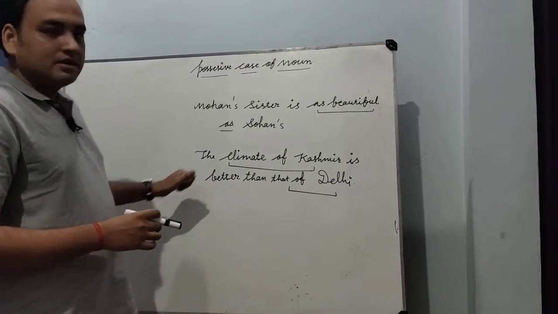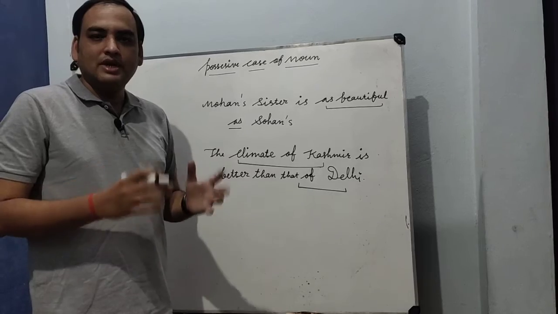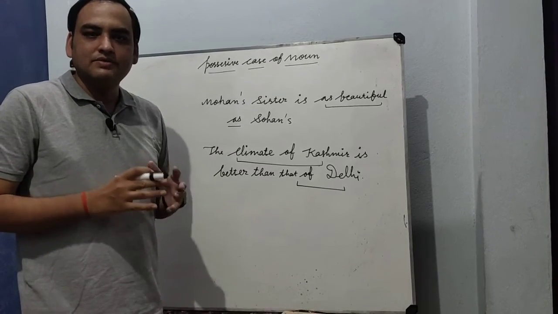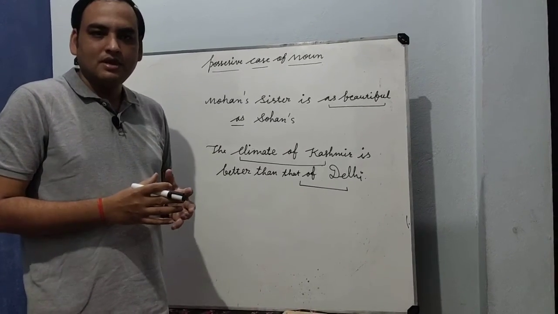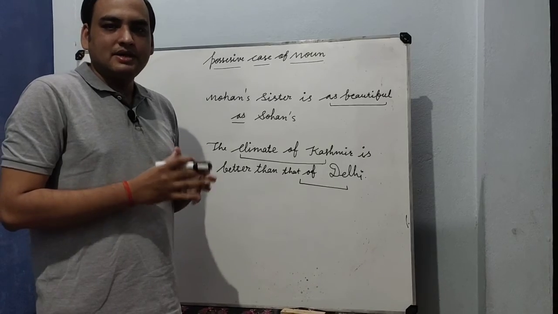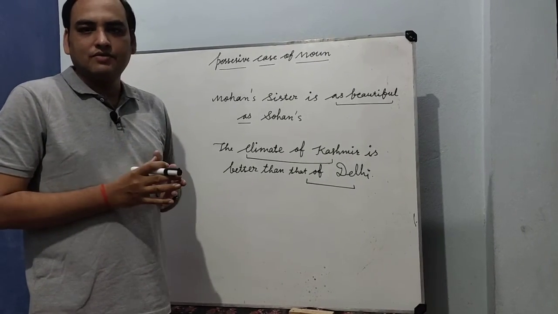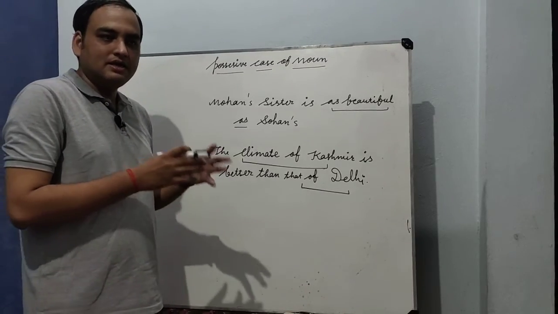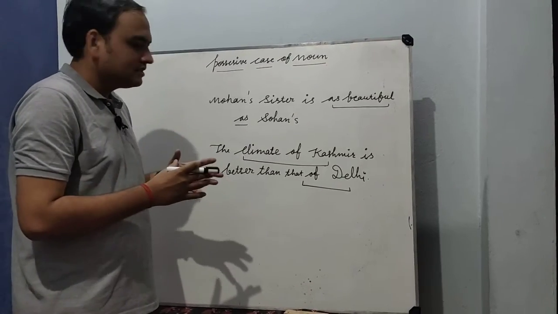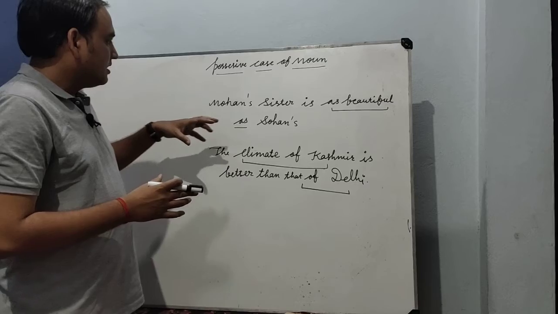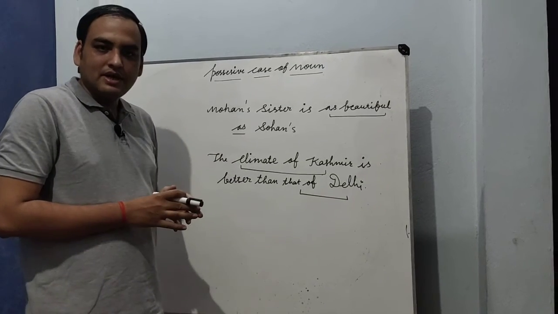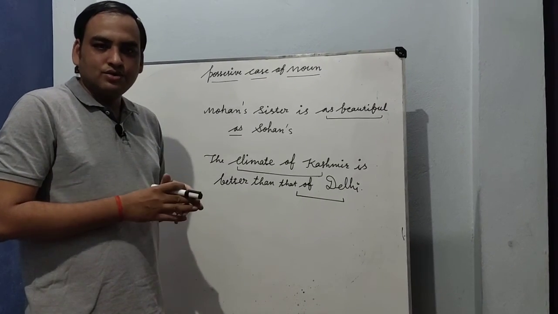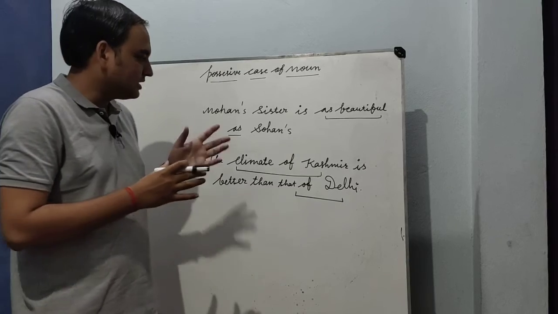Okay, yes. So students, today we have learned how to use possessive case of noun in a correct way. In the last, I summarize here, in the possessive case of noun, basically we use apostrophe and of to make the sentence in possessive form. Okay, so I hope you have learned something from my lecture.